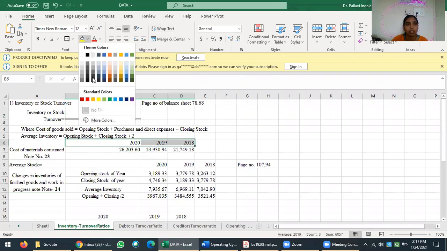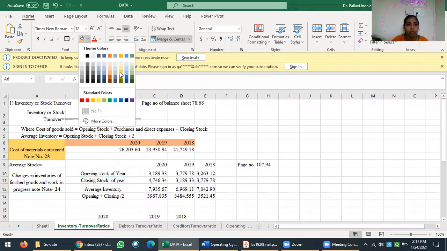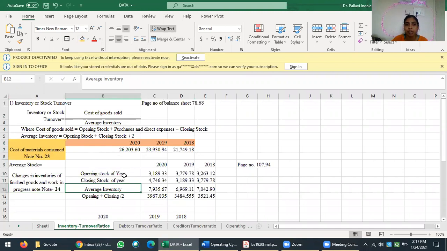Okay, this is the year. Whatever the year area that I will highlight, you will remember. So this is the first parameter we have identified. Done. Now I hope everybody is clear that the first parameter of our formula is done. Now the average stock or average inventory, how to calculate that here.